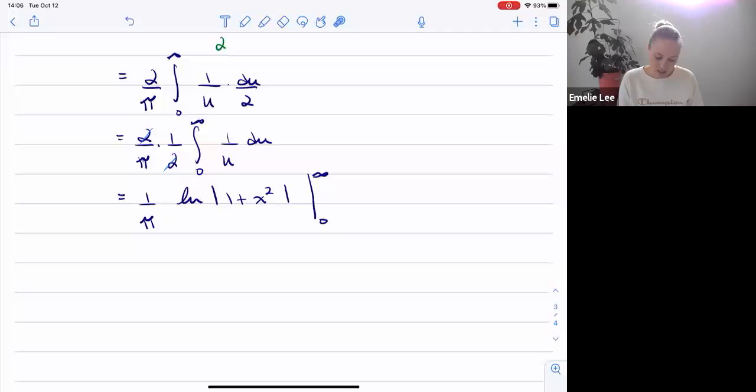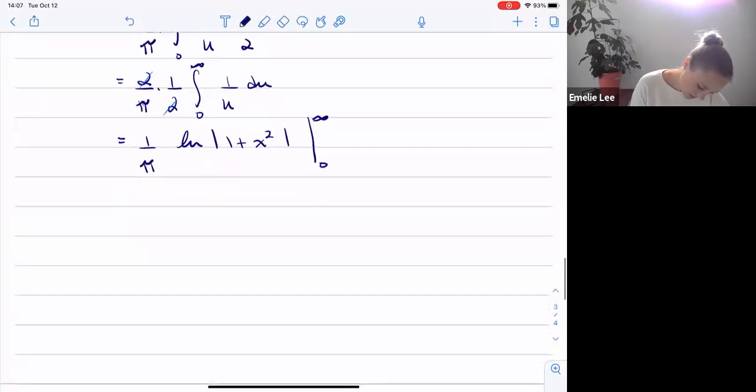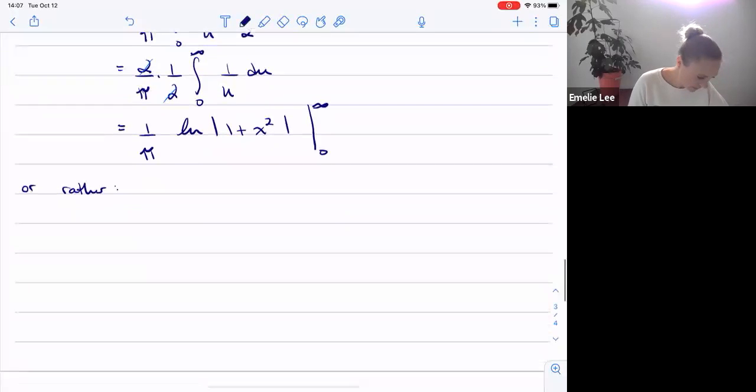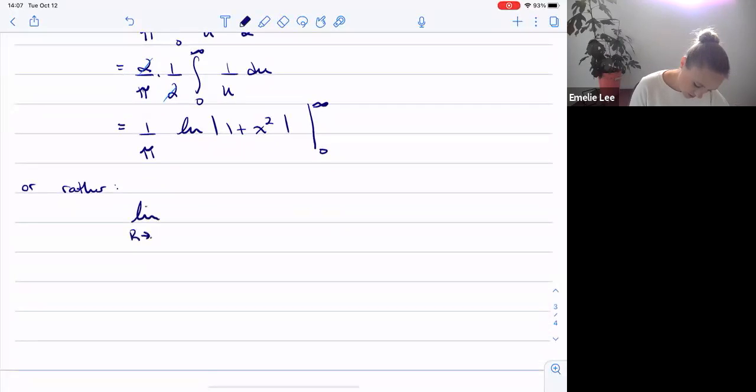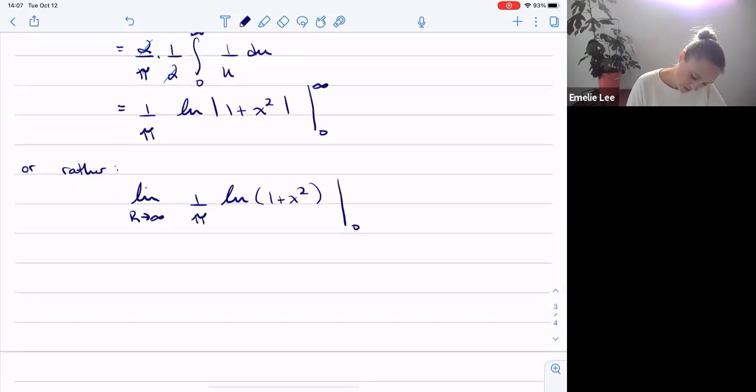Infinity is not a number, so you can't really plug it in, like we would if we had bounds a and b, for example. But we can take the limit. So we'll say the limit as r goes to infinity, just some placeholder. You could use a, b, but we use those for endpoints. I just stole this from somewhere. The limit as r goes to infinity of 1 over pi times the log of 1 plus x squared from 0